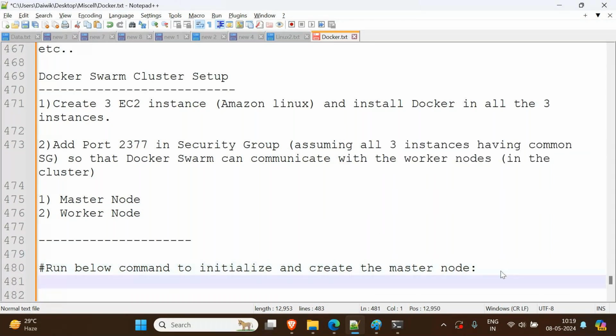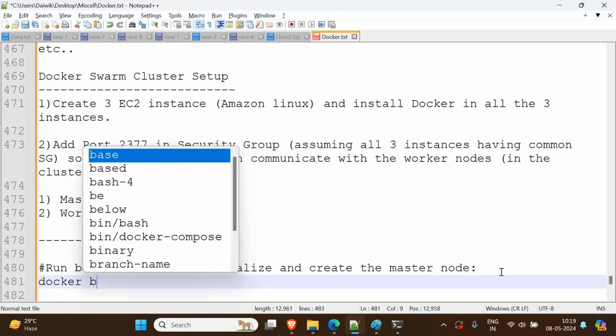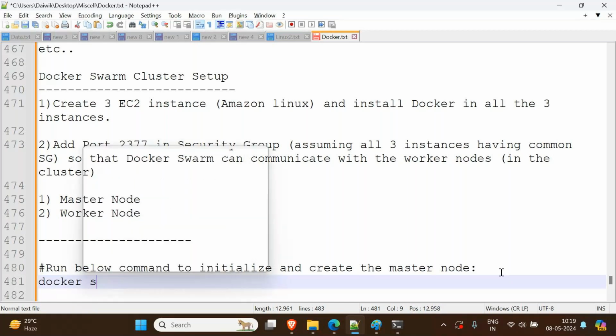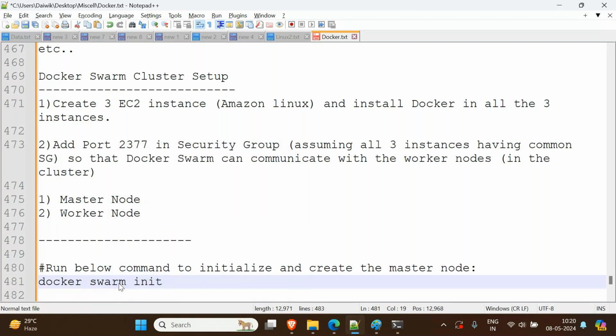So what is the command? We have to say docker. Here we have used the run command, and we have used the build command. Many are there, right? One of them is the swarm command. So docker is our client program. Swarm is a command. Now this swarm command goes to your Docker engine. I'm telling the Docker engine I want to create a Docker swarm, so I want to make this one a master node. So initialize it: docker swarm init, and we have to use the option called advertise